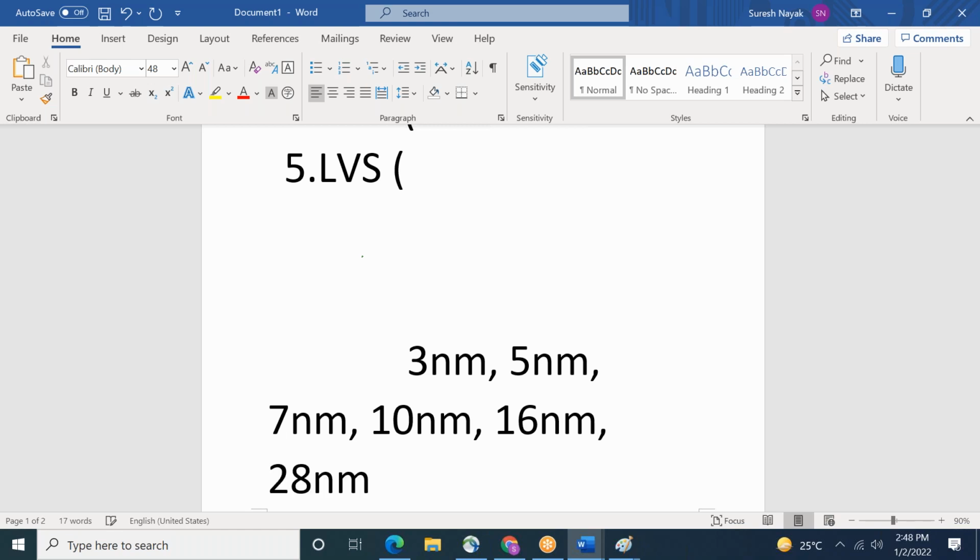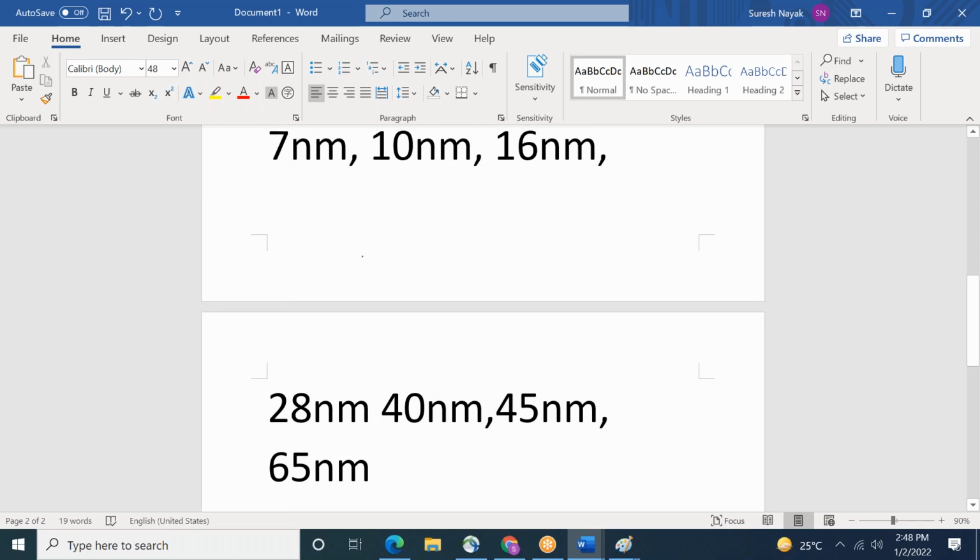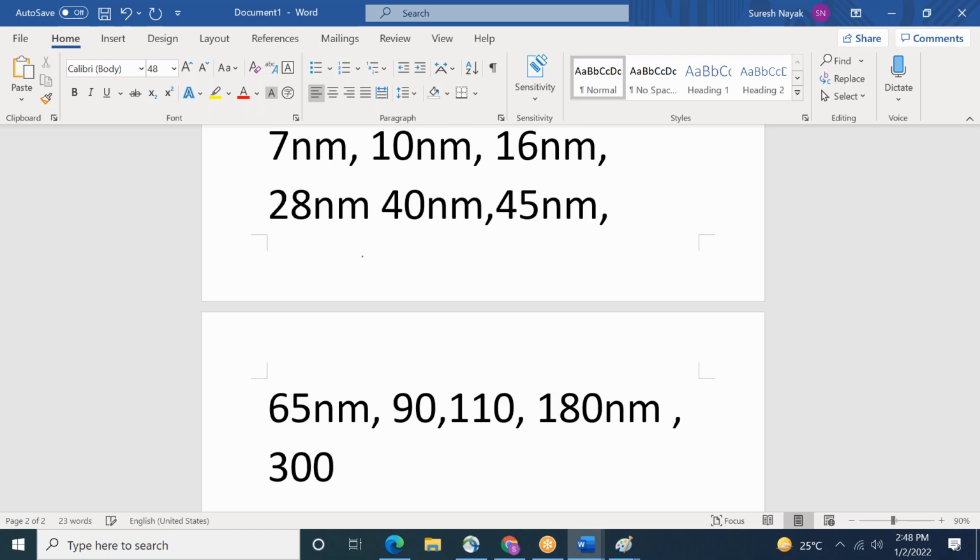We are going to teach you 28 nanometer. 40 nanometer is there, 45, 65, 90, 110, 180, 300. Texas is using 300 nanometer. Still it is there.